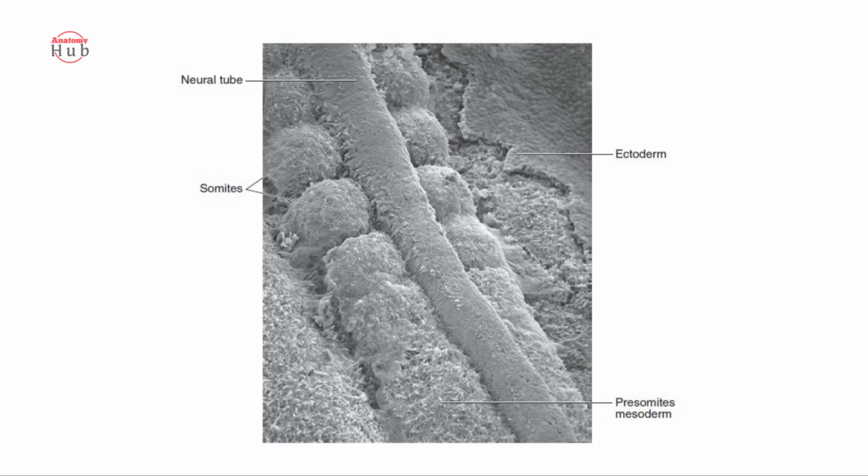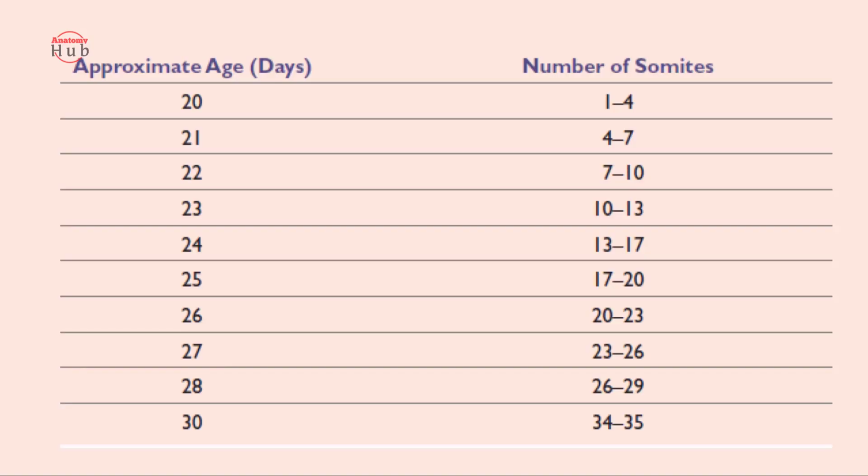Somitomere formation continues during the third and fourth week, starting from the cervical to sacral region. Somitomeres develop further to form discrete blocks called somites. The 8th, 9th, and 10th pair of somitomeres differentiate into the first, second, and third pairs of somites on day 20. The rest of the somites develop at the rate of about 3 to 4 somites per day till day 30. The somite period extends from 20 to 30 days.